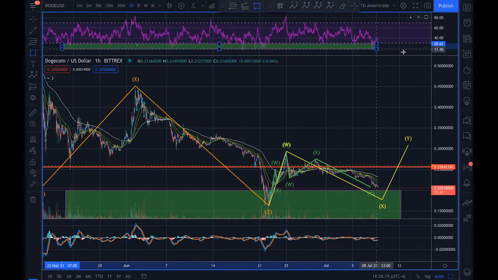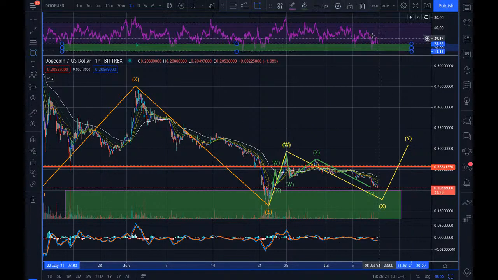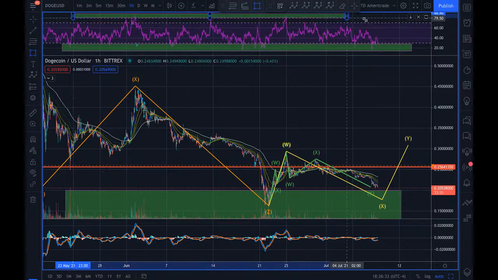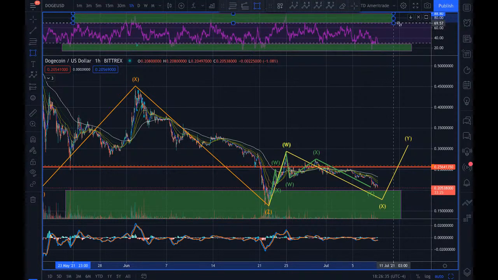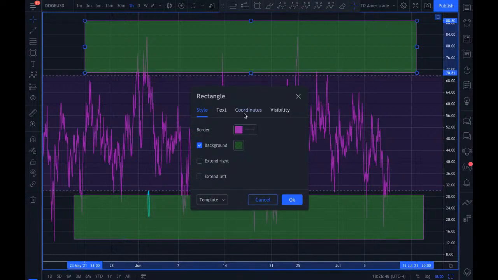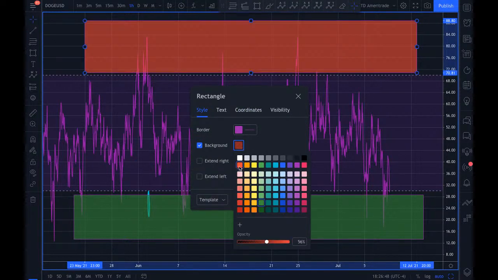Not necessarily exactly. I like to wait till it comes and makes that pattern I've been talking about, like right there. And then this is the sell zone. Right there, pretty much. Not exactly again. And the same thing for the sell zone,